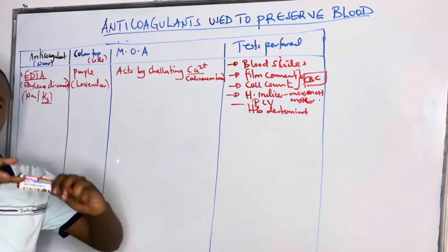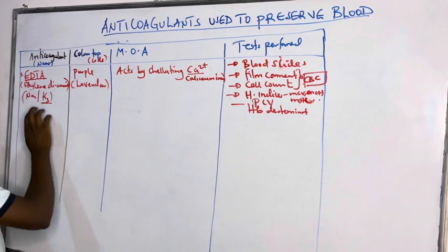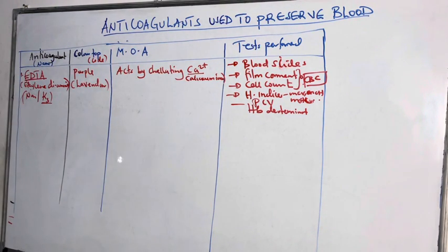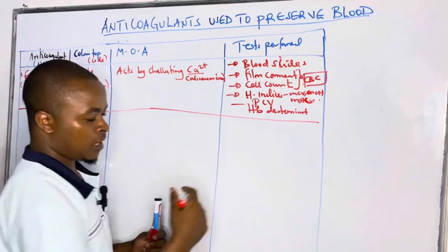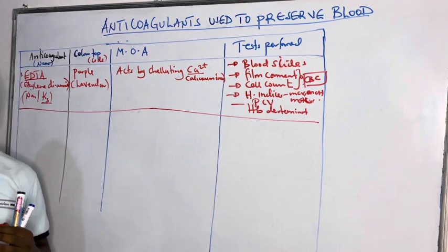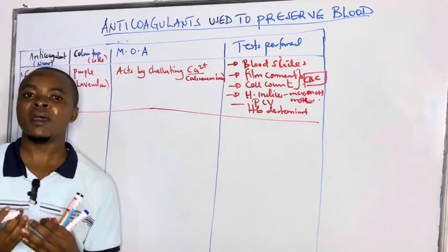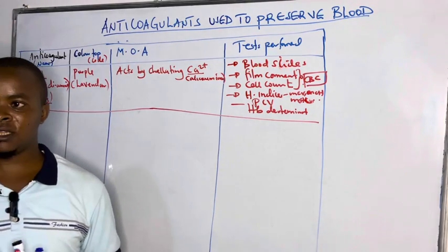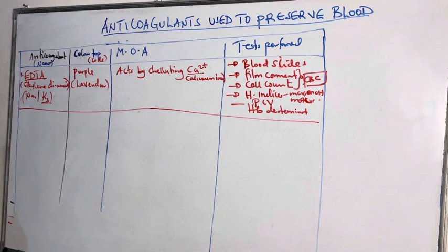So if you want to do a full blood count holistically, you are required to always preserve your blood in EDTA. After finishing this EDTA, in a later video we shall see how we can prepare an EDTA tube. In the other video we shall look at that. And after seeing EDTA, the second one we can talk about is